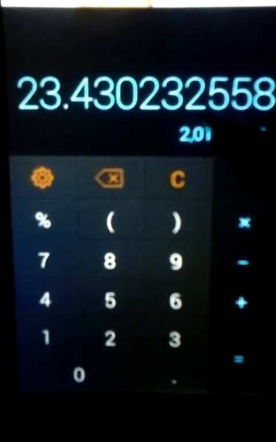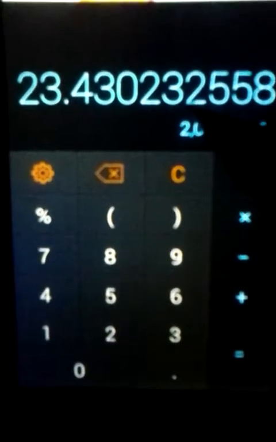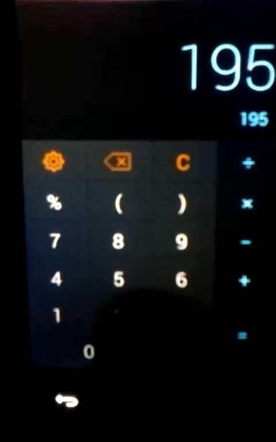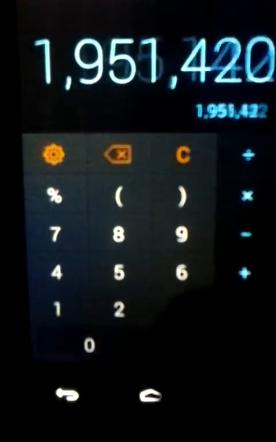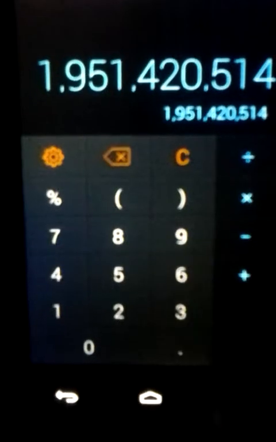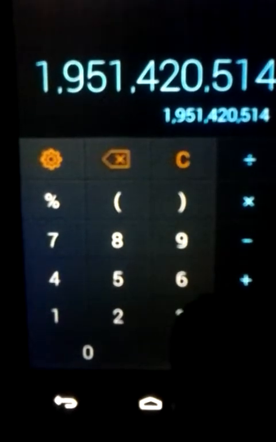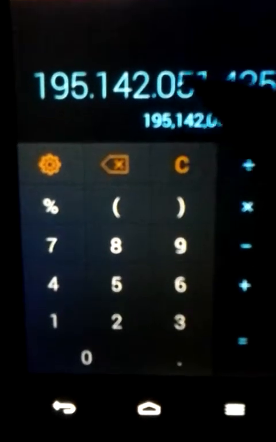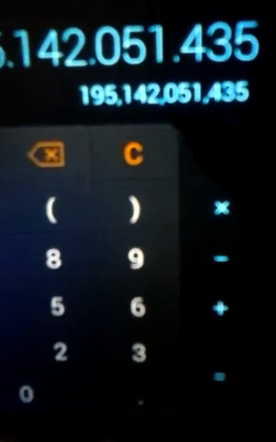And you will be able to make out the 255, which is the sentence for the fallen angels. The word sentence: S is 19, E is 5, N is 14, T is 20, E is 5, N is 14, C is 3, and E is 5. Inside the word sentence, everyone, you can make out the 255.